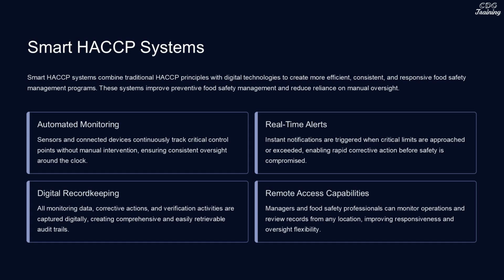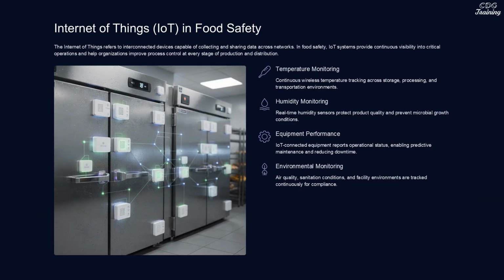Digital record-keeping ensures all activities are captured digitally, creating comprehensive and easily retrievable audit trails. Remote access capabilities allow managers and food safety professionals to monitor operations and review records from any location, improving responsiveness and oversight. The Internet of Things refers to interconnected devices capable of collecting and sharing data across networks. In food safety, IoT systems provide continuous visibility into critical operations and help organizations improve process control at every stage